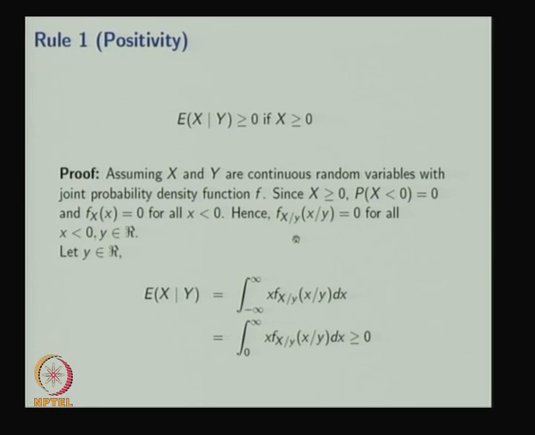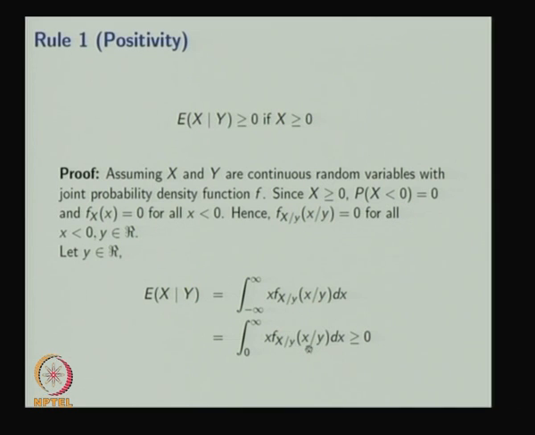Hence, the conditional distribution of x given y is also going to be 0 for all x less than 0, whatever be the y belonging to the real. So, let y belong to the real. The conditional expectation is the integral from minus infinity to infinity of x times the conditional probability density function, and this conditional density is 0 for x less than 0. Therefore, the integration exists only from 0 to infinity, because from minus infinity to 0 the density function is 0. Therefore, the conditional expectation is the integral from 0 to infinity of x times the conditional